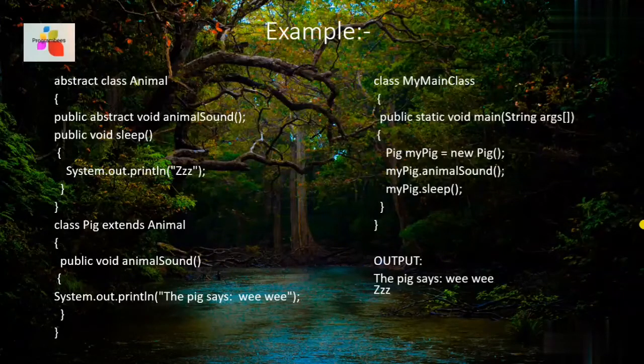Now I am creating the main class with the main method and taking myPig as the object of the class pig with the new operator and creating the function pig. Now by the dot operator, when I am calling myPig dot animal sound and myPig dot sleep, then the output will be shown here. In this way the abstraction will occur.